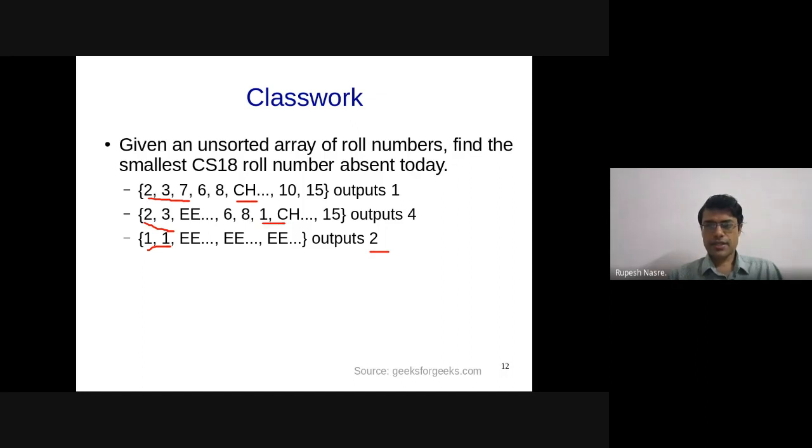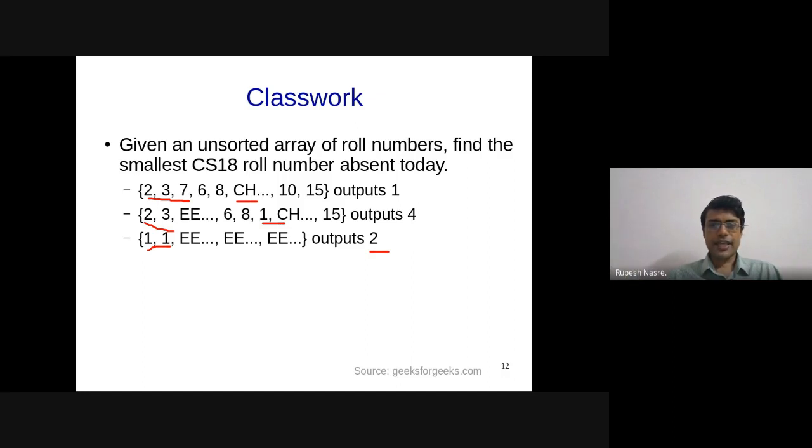Then Kaushik says initially we need to find the maximum roll number. Yes, that can be done in order n time. Finding a maximum in an array of size n can be done in order n time. You just go over them, even if it is unsorted. If it is sorted, actually it can be done in order 1 time. If all the elements are from CS, and these are non-CS, then you might still require some work to be done. Okay. So finding the maximum, finding the minimum, finding the sum of all the elements, all of these operations can be done in a linear scan of the array, and therefore these are all order n operations.